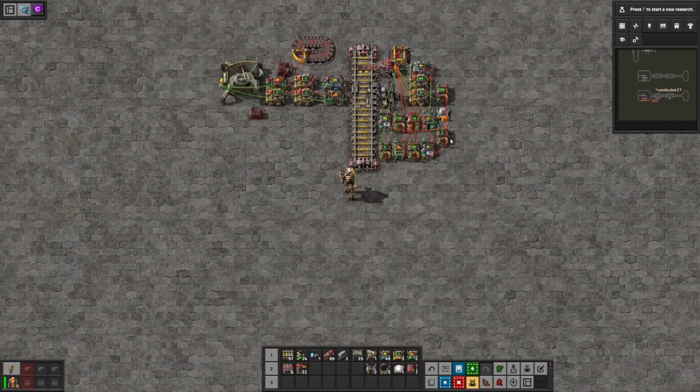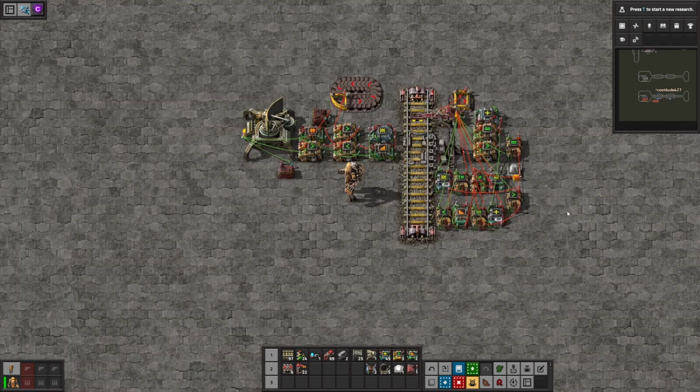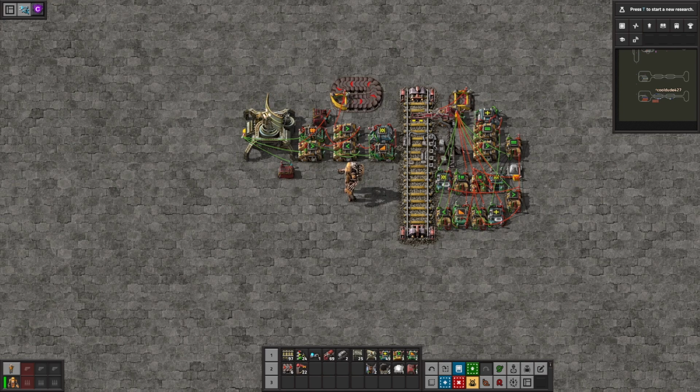And now I'm going to get into the most complicated and most difficult part of making this entire design, and that is the depot station. This entire setup, compared to having no circuits, is necessary for one reason and one reason only, and that is